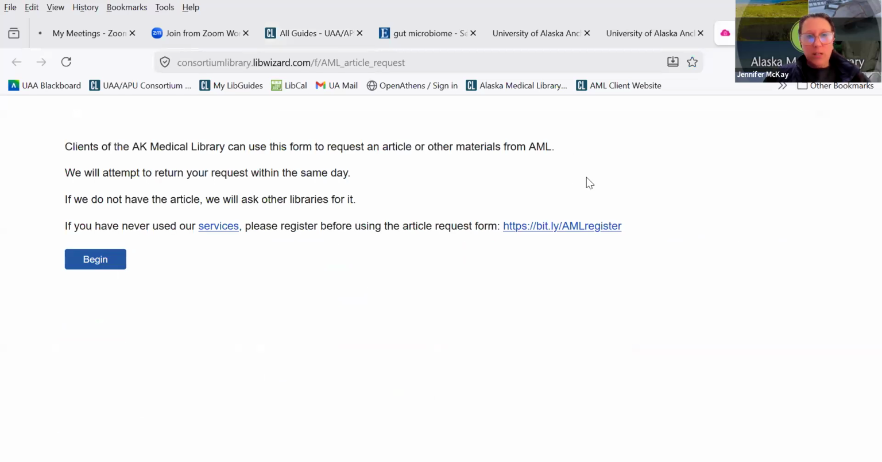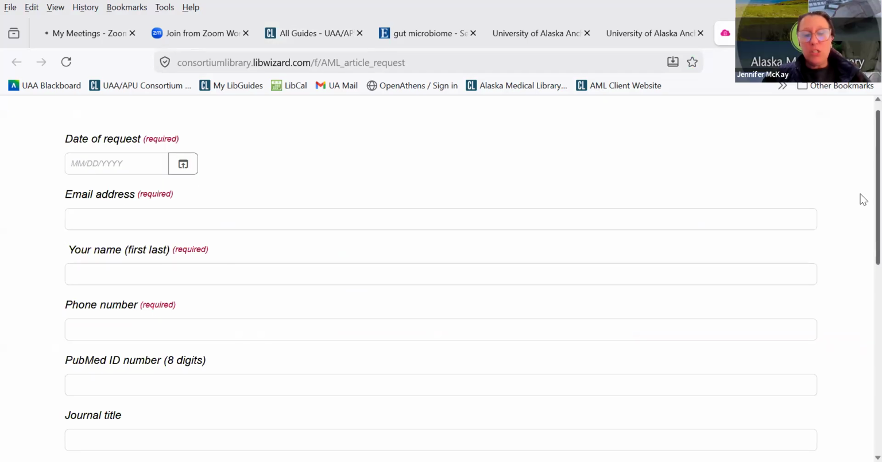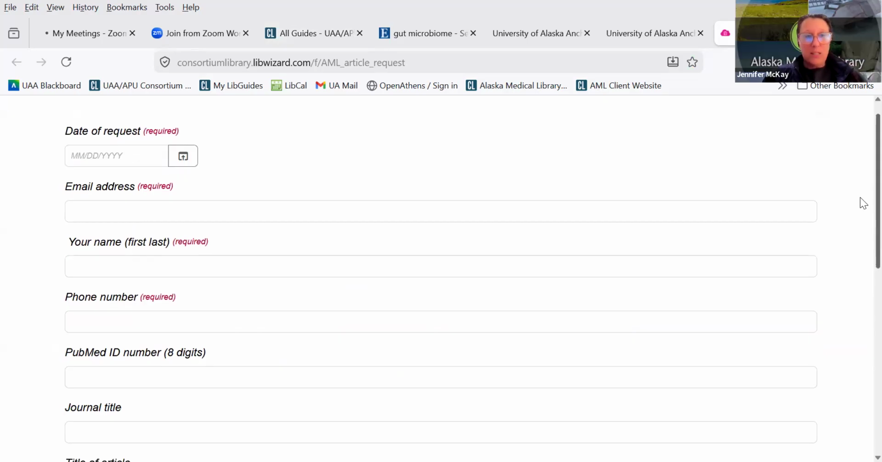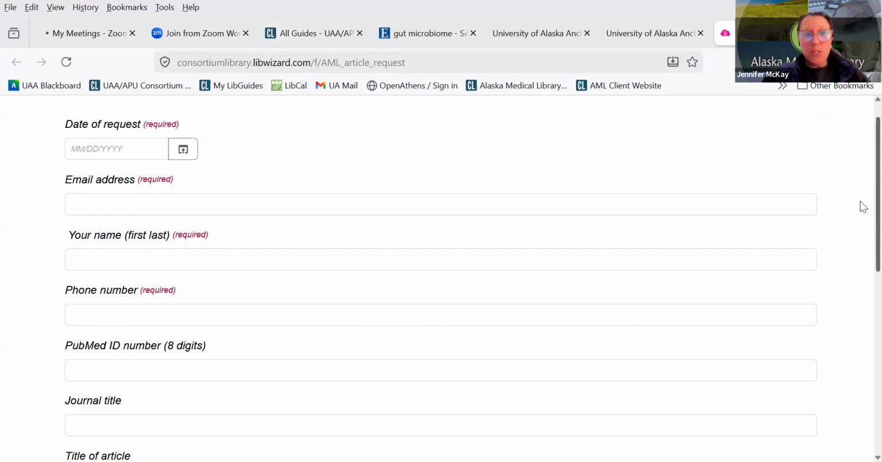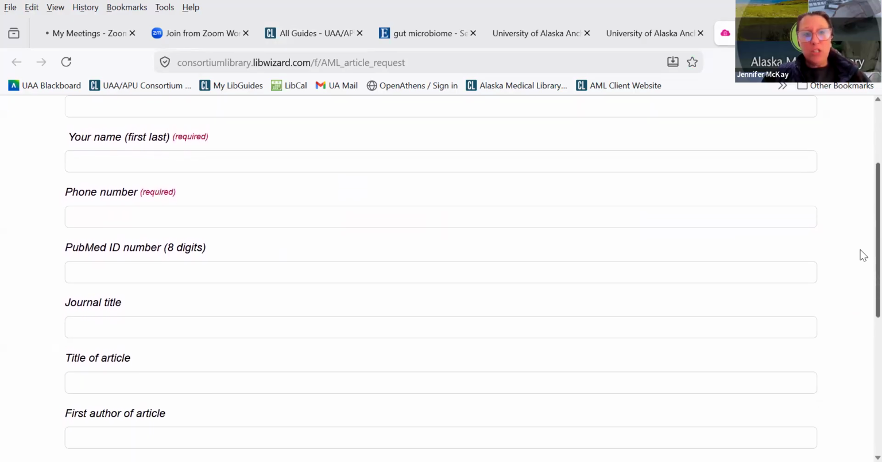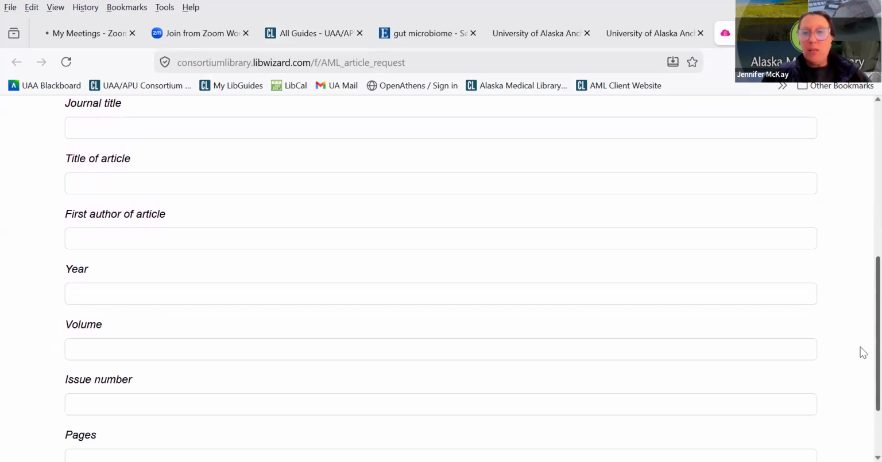This form, when you click on it, you'll be prompted to make sure that you're registered with us and fill out all of the information as much as you know about the article or piece of information that you're requesting. Perhaps it's a book chapter. We just ask that you try and give us as much information as you have so that we can best